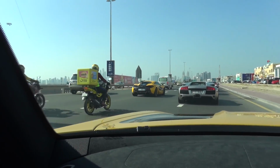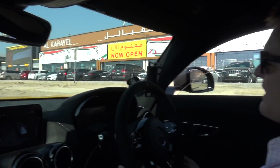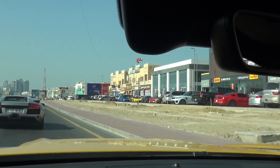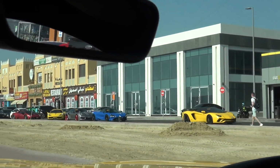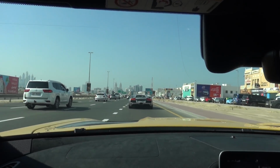Wow. Okay, this is pretty crazy. Look at this. Look outside over there. Look at all the different cars that are rolling out, getting ready to be part of today's drive. This is really, really quite cool. So, let's get on the move, heading